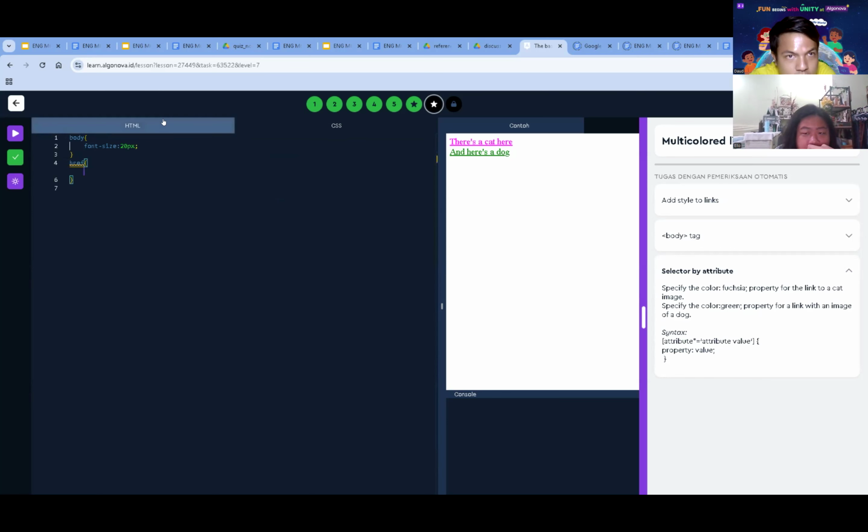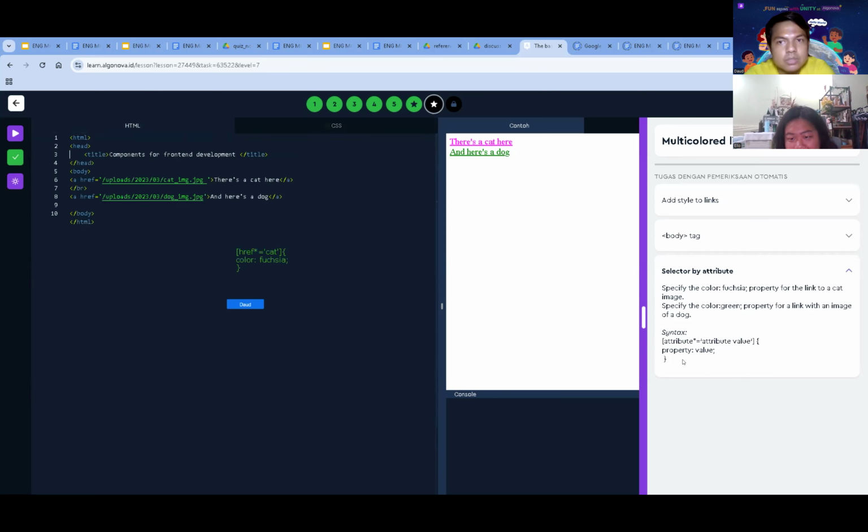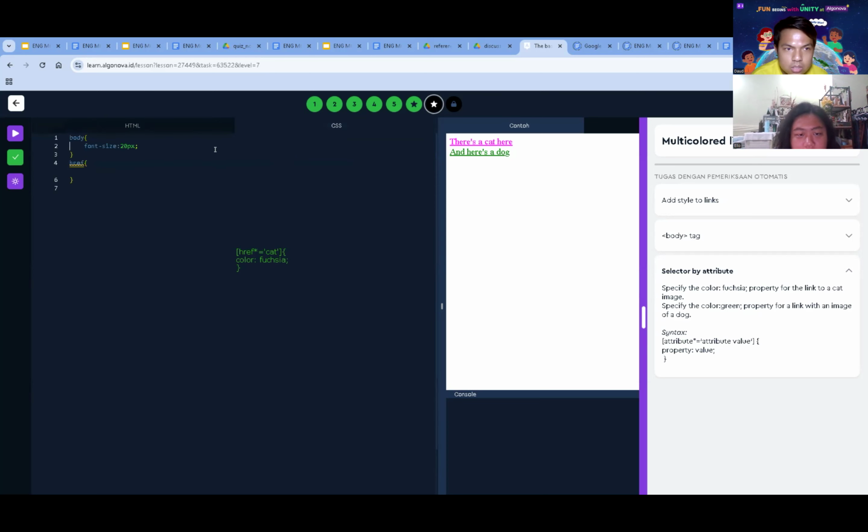This one is for the cat. So you are using href and then the value, which is the cat. So it finds the one with the cat. Yes. So for the dog, just change the cat. It has to be this first.